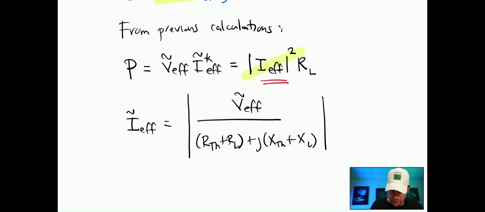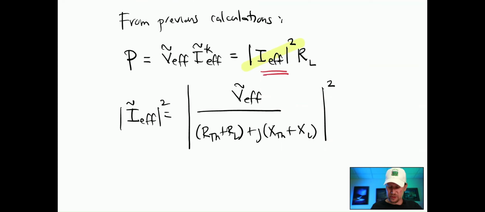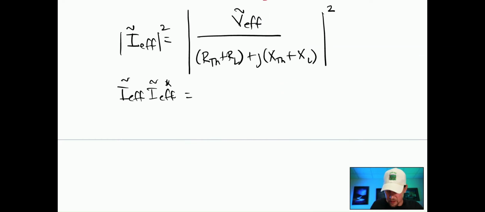And in fact, we're not just looking for the magnitude of this, we're looking for the magnitude of the square. One of the ways I can do it is to take that phasor, take its complex conjugate, and multiply it by itself, and I'll get those magnitudes. So this right here is the same thing as the effective current times the complex conjugate of the effective current. So here, I can say that I have the effective voltage times the large beast of the impedance,